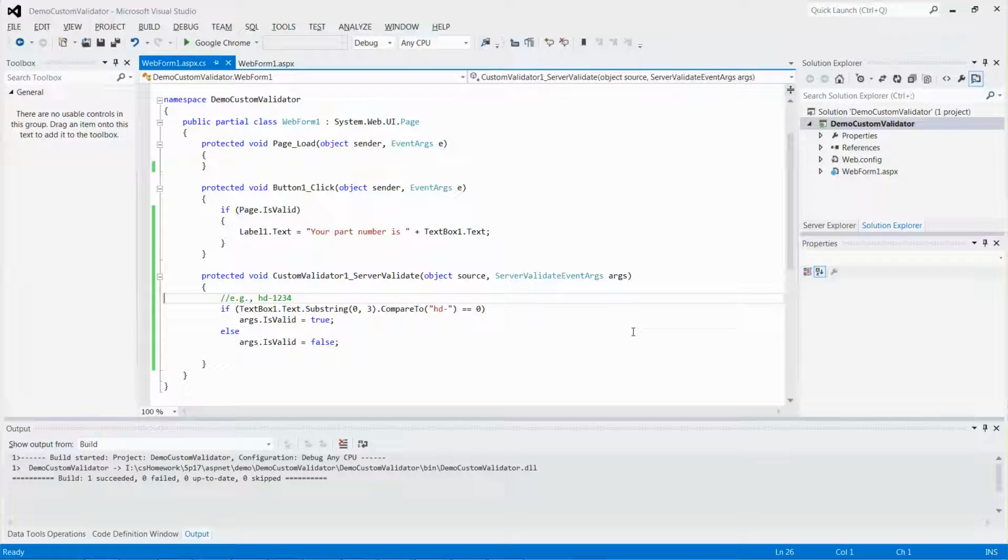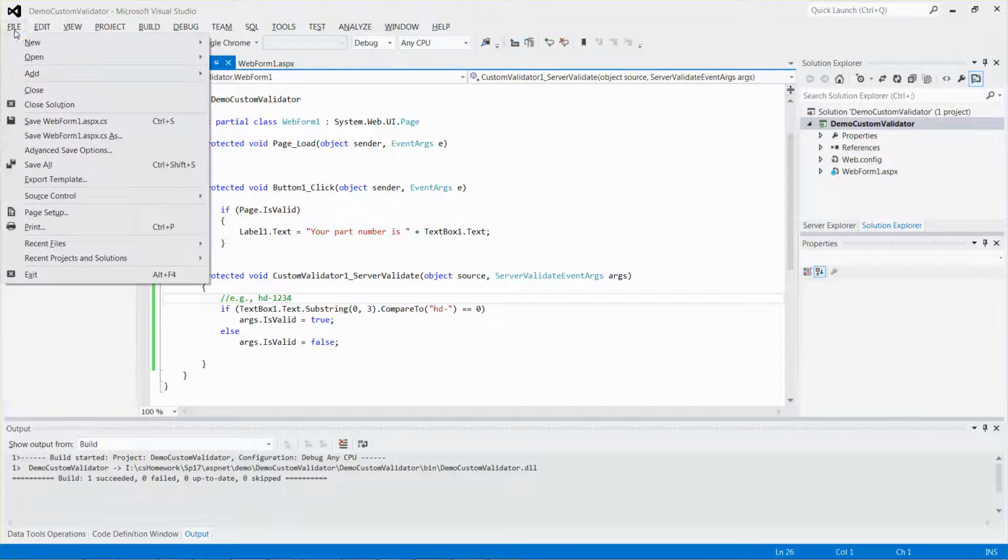Again, feel free to pause the video if this is just the part you need to know, and then you can skip the rest of the video. Otherwise, I will review the whole web application to show you how I add those validators, how I write the code. So let me close everything right away,